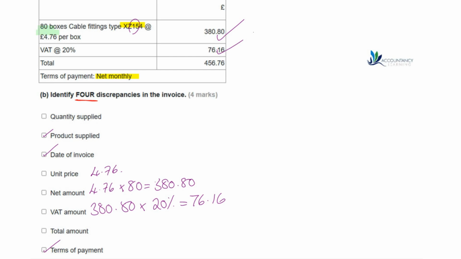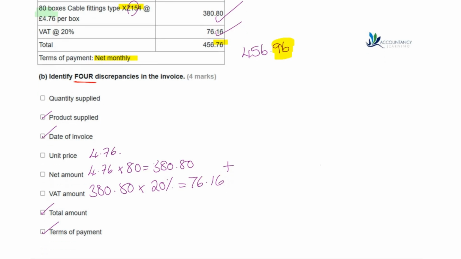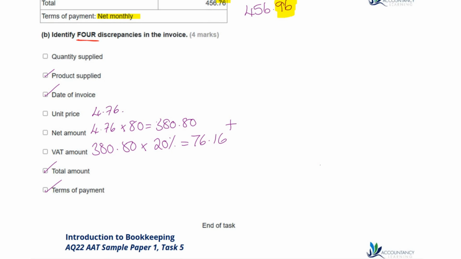So we know that's right. And when we add these two together, we should have 456.96 and then this is where our difference is, that the pence is 20p out. So it would be our total amount that is different, and that's the 4 discrepancies between the invoice and the